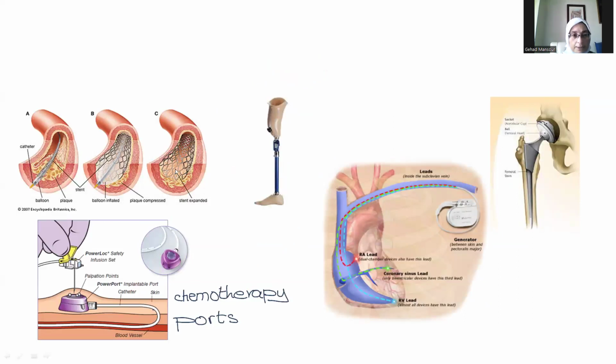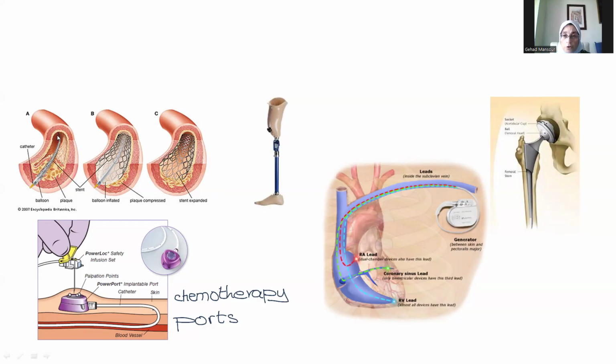Here you can see the cardiac stent, and we use the cardiac stent together with a catheter and a balloon. The catheter is a cylindrical flexible tube that is designed to carry the balloon at its end, and the catheter is inserted in a big vein in the body, and it will pass through the vein until it reaches the very small coronary artery in the heart. And of course, this is under ultrasonic guidance. You cannot do this blindly. You should be monitoring the passage of the catheter in the blood vessel until it reaches the coronary artery.